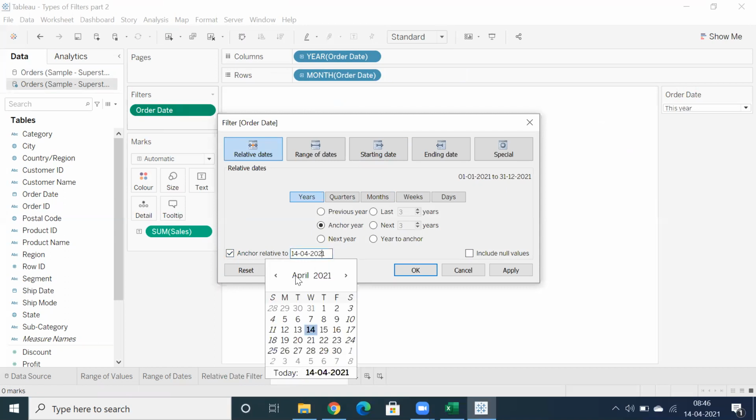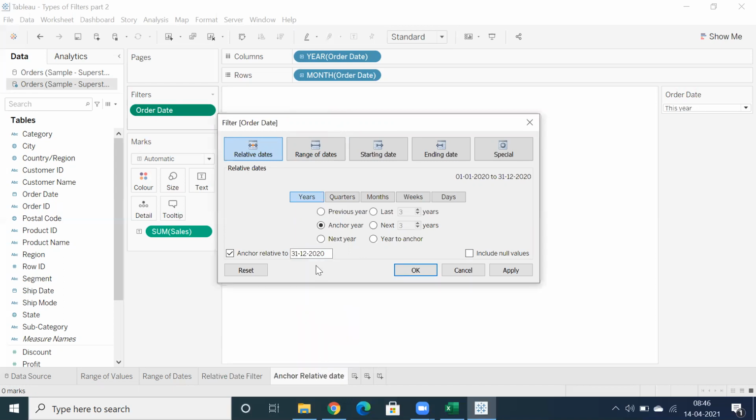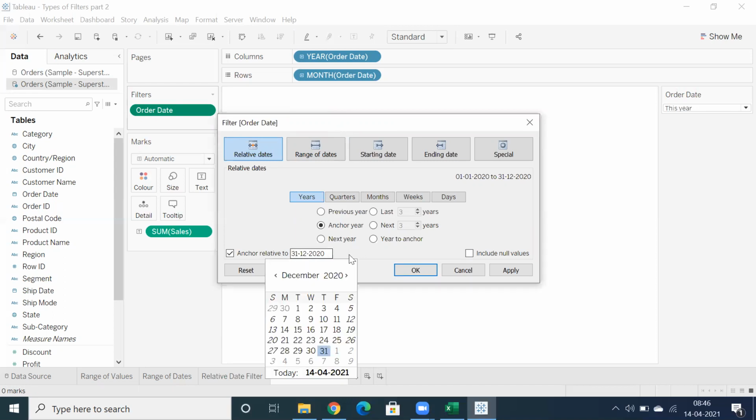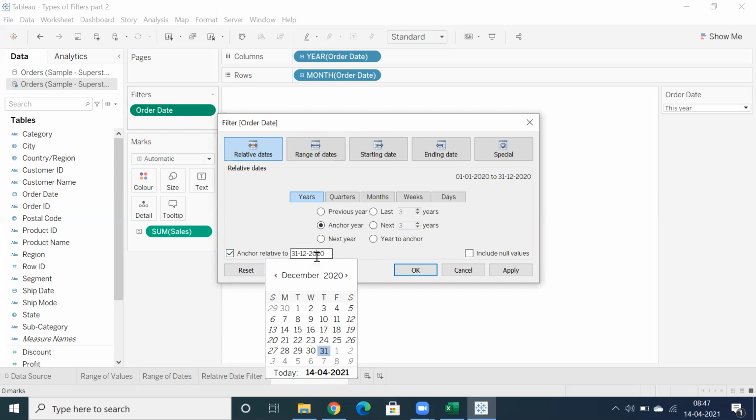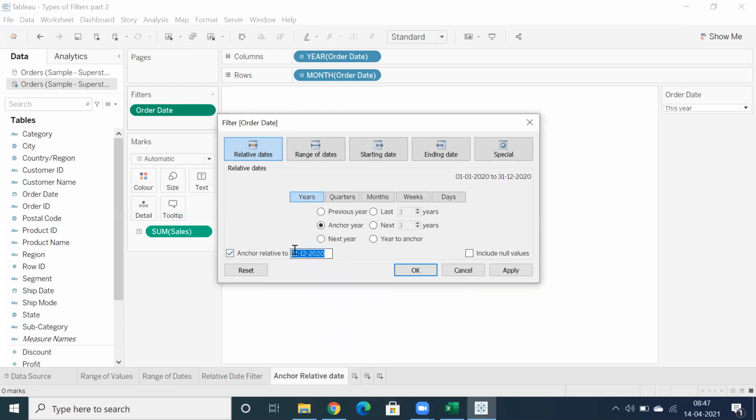We know that we don't have data for 2021, so I'm fixing the date across whatever data we have, that is 2020 December 31st. What I'm saying is, by default it will go for today. You can see it's not enabled, but you can see today. But when you select anchor relative date, you can select manually, saying this is the max date available here.